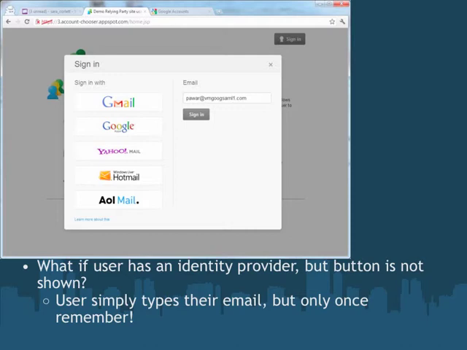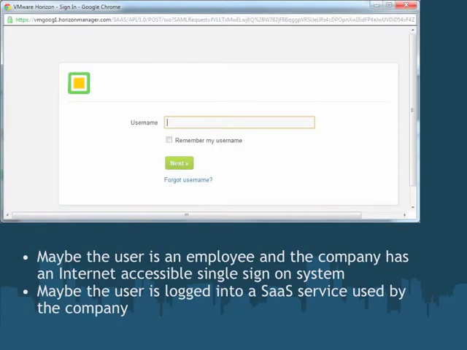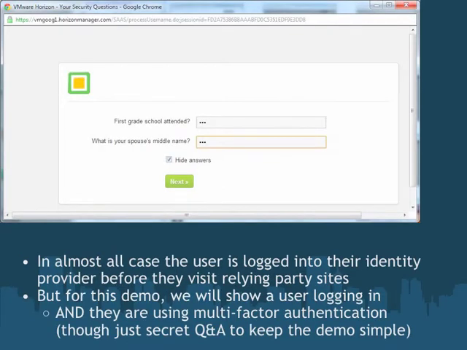However, just to be a little geeky, let's imagine for a moment the user isn't logged into their identity provider at the company. What would happen in that case? Well, the user might see a screen like this one where they're bounced to the identity provider. The identity provider says, oh, you're not logged in yet. Please go ahead and type your username, which he does. But maybe the identity provider says, it's not enough to log into a new device just with a password.